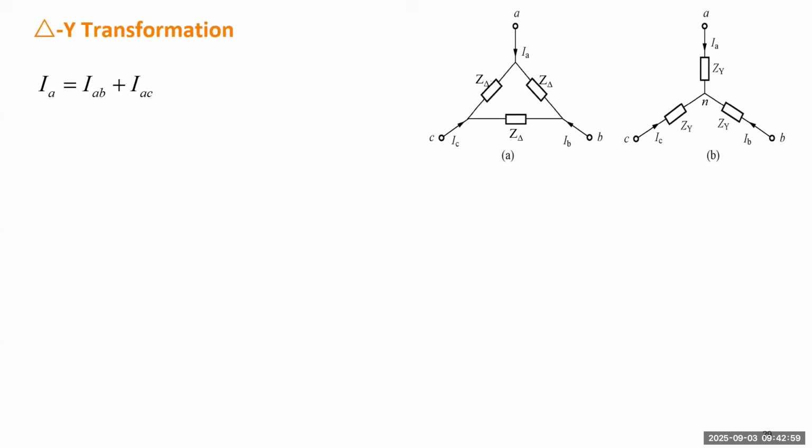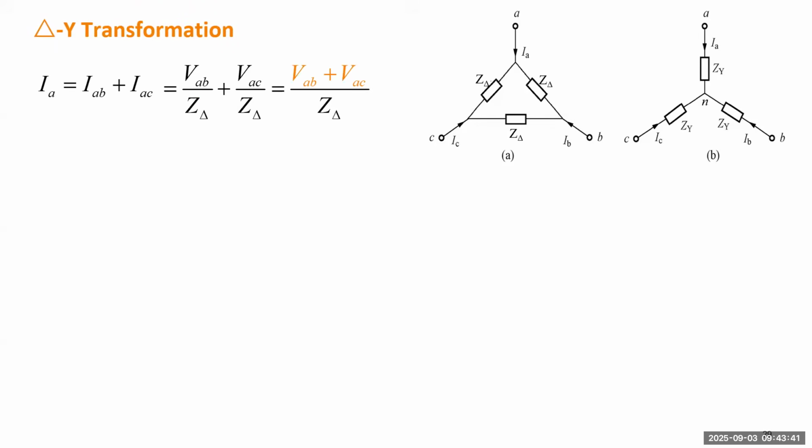Next, we talk about the transformation between the delta Y connection. I assume everybody has been familiar with this formula, but here we use the phasor diagram to redevelop the formula. Just to show you, if you forget some formula, you can easily use the phasor diagram to help you find the correct one. Assume we have the same balanced three-phase currents going to two different loads. The first one is delta connected, the second is a Y connected load, but they're all balanced.